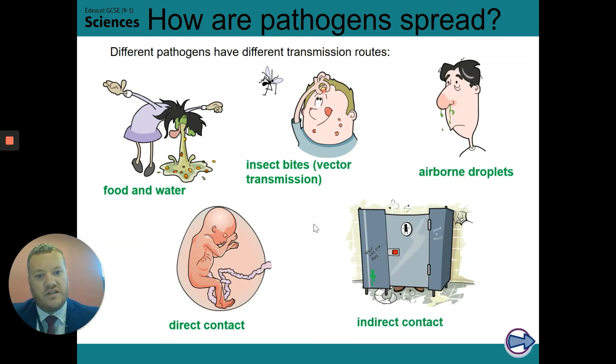But then the one which is slightly less obvious, but just as dangerous, is indirect contact. So this is the reason why we disinfect all our door handles. We're spraying down the surfaces. Everyone's using hand sanitizer. Because you or I might be infected, we might not even know, we might not show any symptoms. We might cough on our hand, for example, then go and use the door handle. Somebody else doesn't have to come into contact with me, but they could then use the same door handle. They could pick up the pathogen that way. They didn't have to come anywhere near the infected person, but they touched or used an object that was carrying the pathogen and they picked it up that way. And that's known as indirect contact transmission.